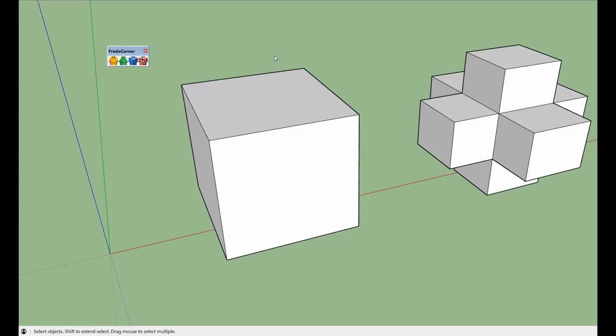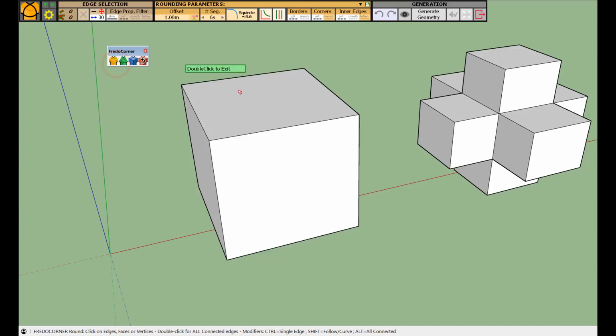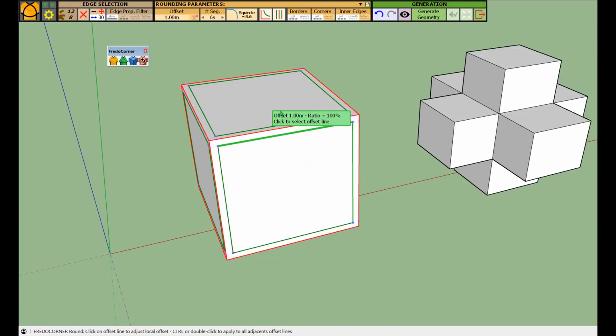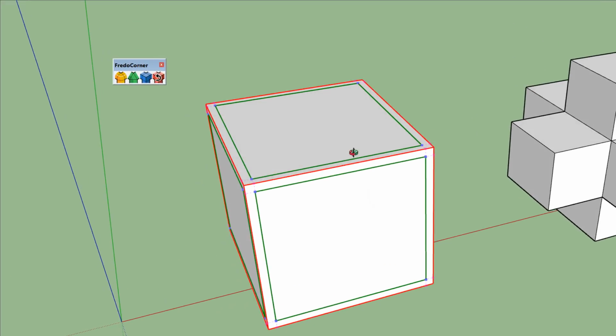Fredo Corner includes two experimental functions about variable offset. So the first one is asymmetrical offset. So let's see how it works. So you start Fredo Corner, and you select this simple shape with an offset of 1 meter.